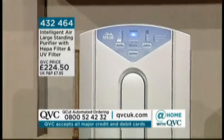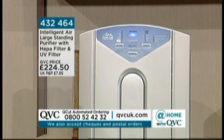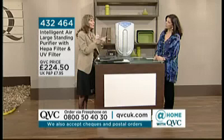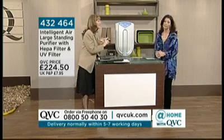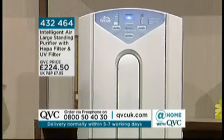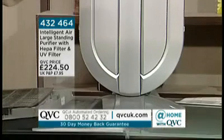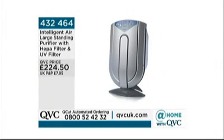What it does is it has 7 tried and tested air purification systems built in. 2 actually in the unit and 5 that you can remove. Only one of those needs replacing, and only that one needs replacing every 2 years. So it is absolutely amazing to get rid of all those nasty things in the air. This is 432464. It's the Intelligent Air Large Standing Purifier with HEPA filter and UV filter,